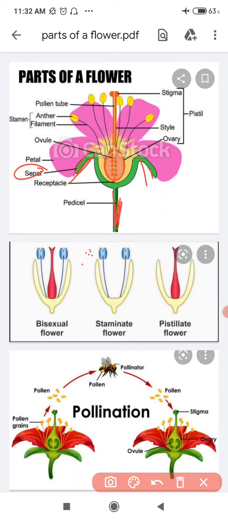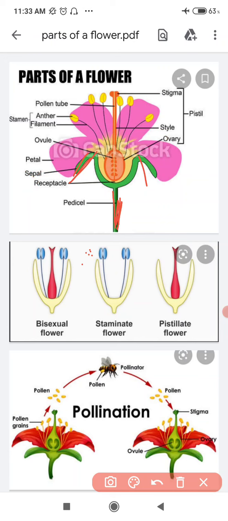Next to sepals, the colored part. Petals grow in a circle. Petals are generally attractive and beautiful, and may be fragrant. Petals make the next inner whorl called corolla. This colorful part is called petals and this makes the next inner whorl called corolla. First whorl is calyx and second whorl is corolla.